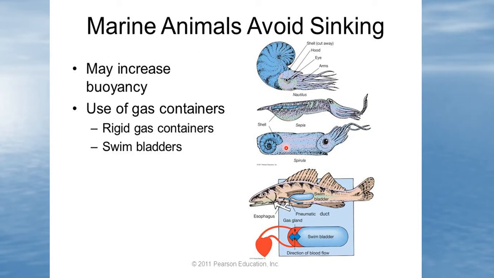We have these squid-like creatures here, this one with the pen, like our squid that we dissected, and they can use that pen for buoyancy by just manipulating body fluids inside there. This guy actually has a little shell type structure with some chambers that, like the nautilus, can change due to the gases that are put in there. And then, of course, we have our swim bladder in our fish. You can see right here they can regulate how much gas is in the swim bladder through their circulatory system right there. And then we'll see how they can float or sink, depending on where they want to be.